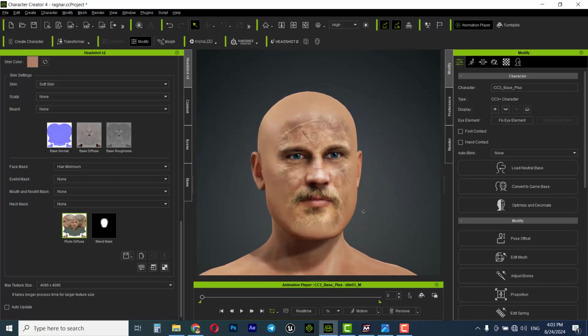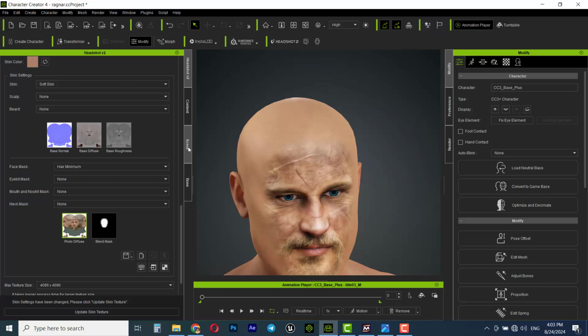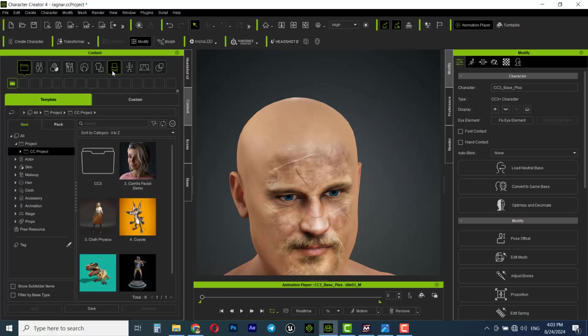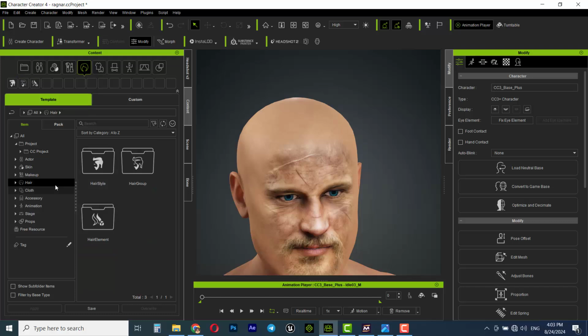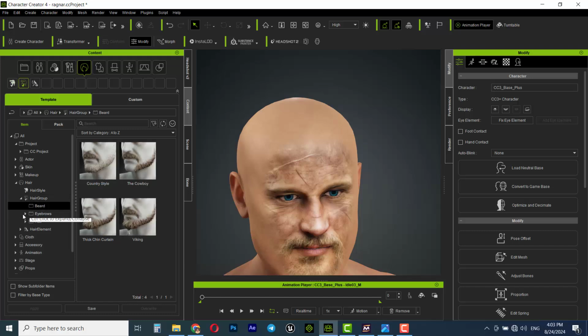Okay, I like this result. You can choose different face masks to see the result, but for this character I guess it's a good result. So yeah, I guess it's the best result. For the sculpt, you can select a short hair. You can select the hair, and then from the hairstyle,